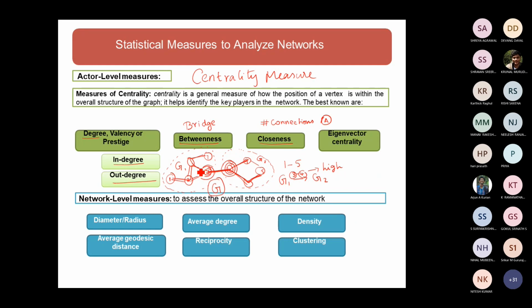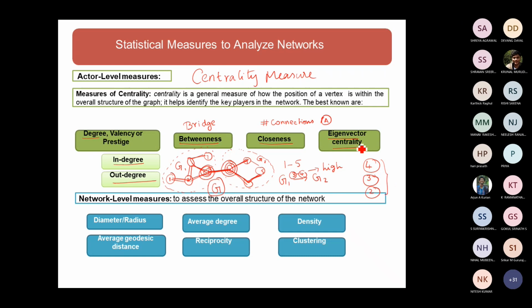If I look at this particular graph, which node has the highest number of connections? Node 1, 2, 3, 4 has the highest number of connections. And then 3 has the highest number of connections, 1, 2, 3. And obviously even 2 also has 3 connections. So it is not only the in-degree, the overall connections will be identified as the closeness centrality.